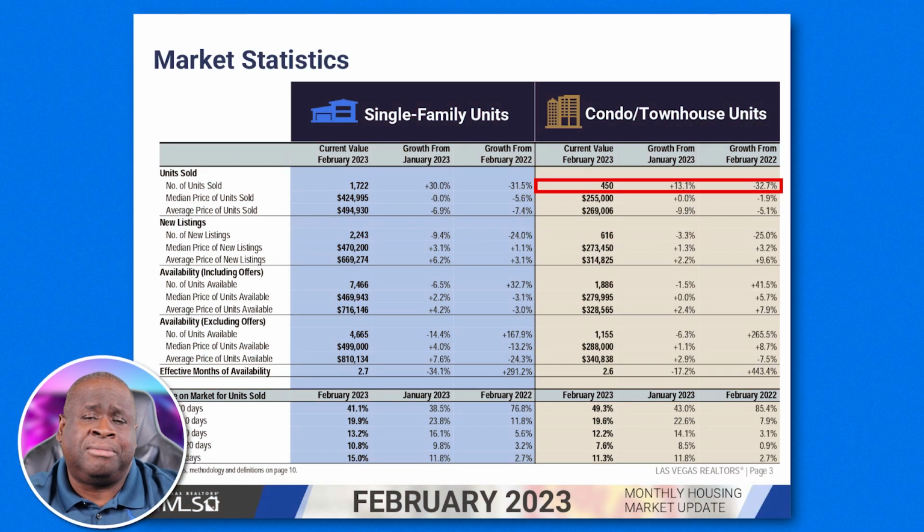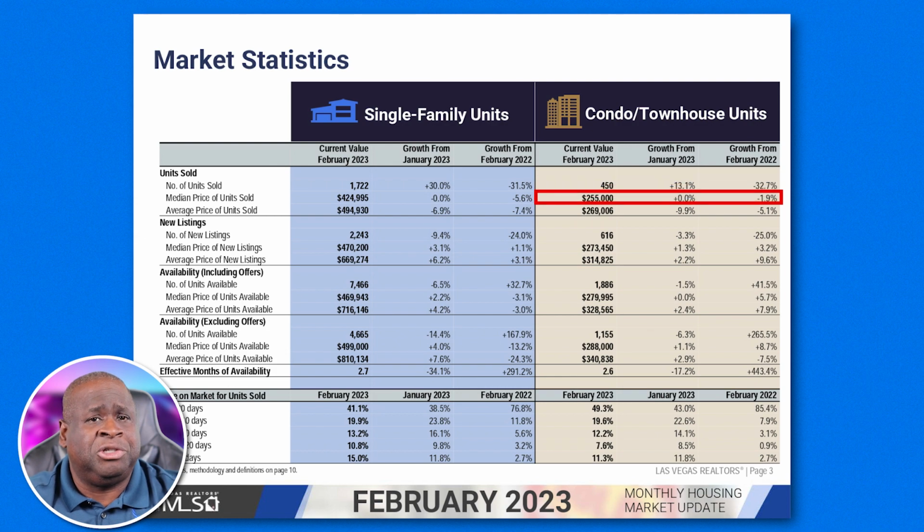would take 2.7 months. If we go into condos and townhomes, we're looking at 450 units with a median price of $255,000 back then, average sales price of